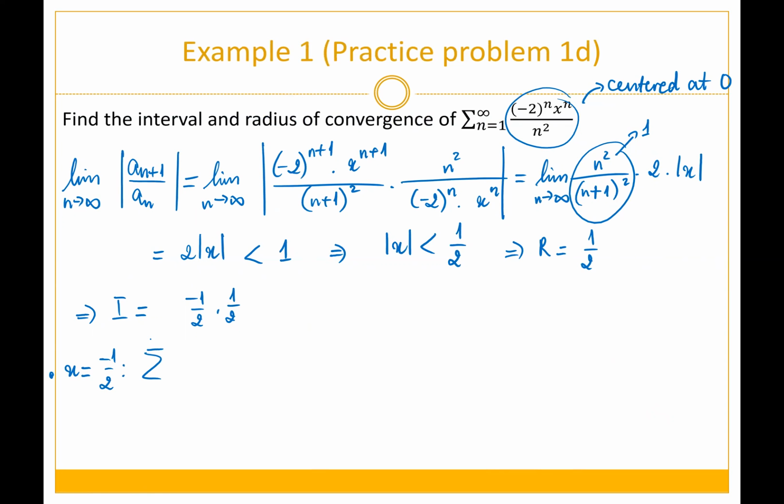So the series is going to become negative 2 to the n, negative 1/2 to the n over n squared, which is going to give us the series of 1 over n squared. And this one, now it's going to come back to the materials of midterm 2, where you're going to determine if the series converges or not. Because if it doesn't converge, you're not going to take it in the interval of convergence. And so,